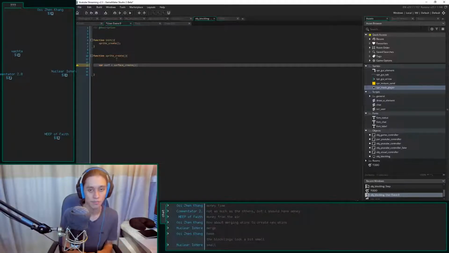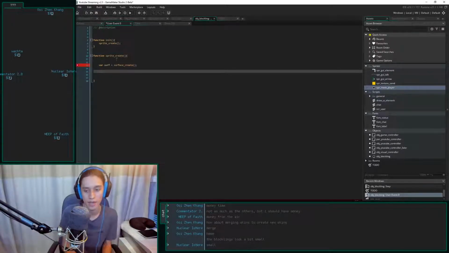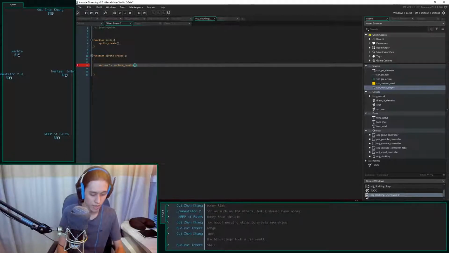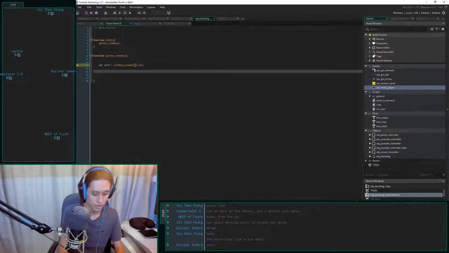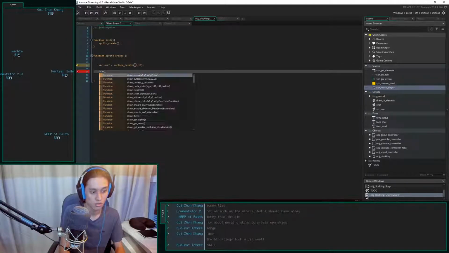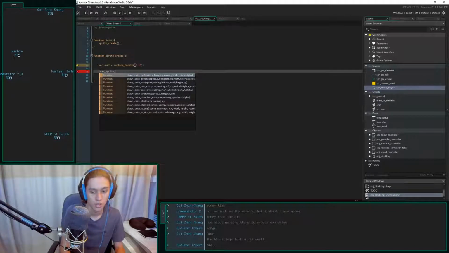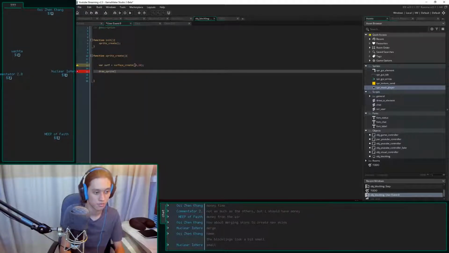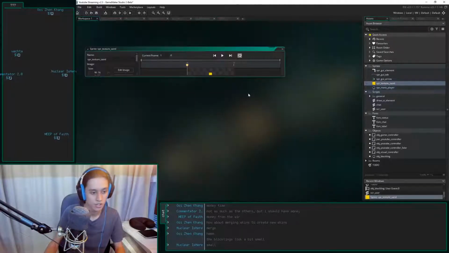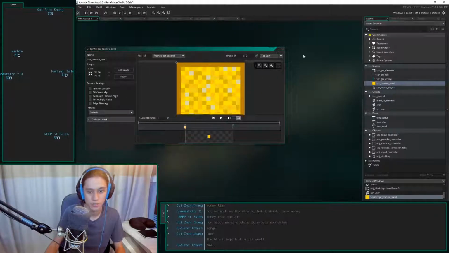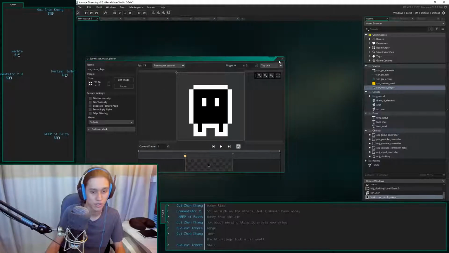Surfaces are basically places where I can draw and manipulate like an art piece, like a canvas that I can draw on, and then I can turn this into a sprite that I can use later on. Surface create needs dimensions. We make it 16 by 16 for now. I am going to then draw sprite SPR texture sand at 0, 0, 0. Your default is 0, 0, and your mask is also at 0, 0.